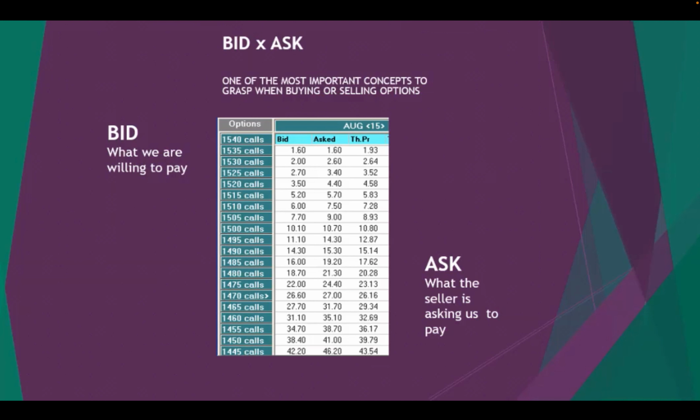It shows the strike prices. This is the call side. On the other side usually are the puts. And it shows the bid ask. So this is just to show you the concept. So I got a little snapshot here.